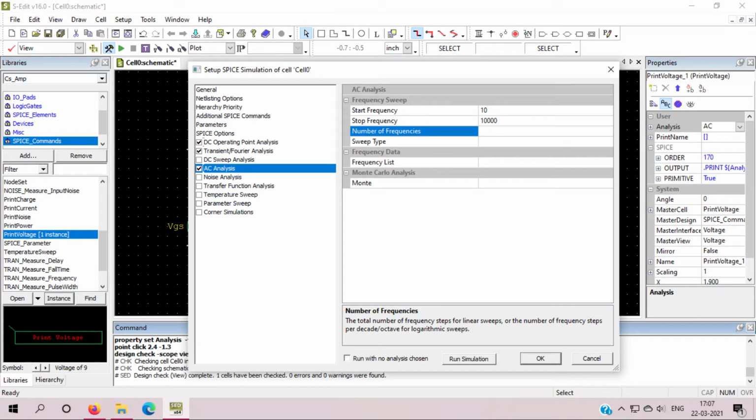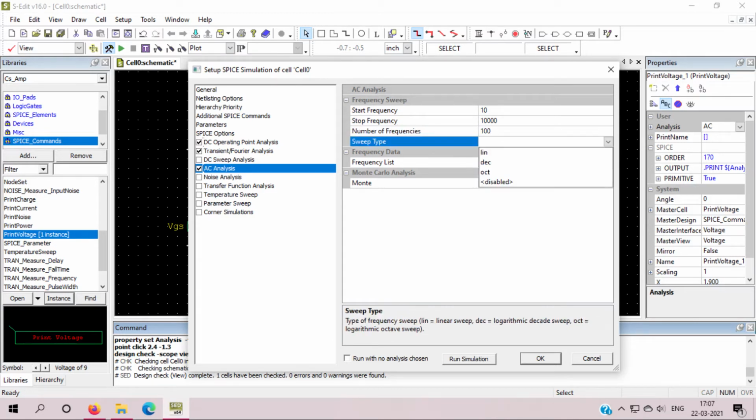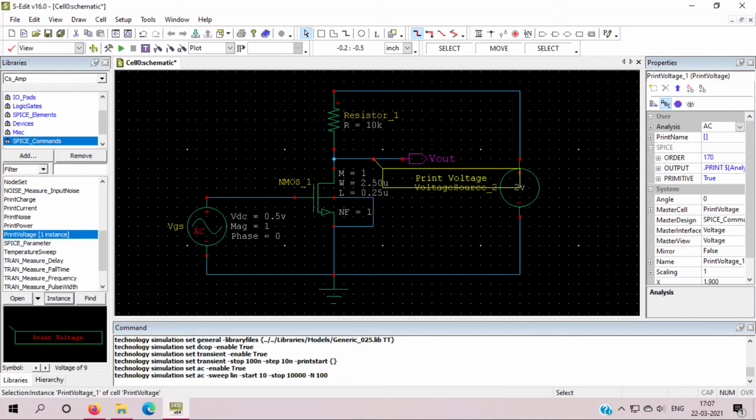The number of frequencies will be 100, and the sweep type will be linear. Okay, I am going to give this. So my setup is done. Now I am going to run the simulation by pressing this green button. You can see the simulation is running.